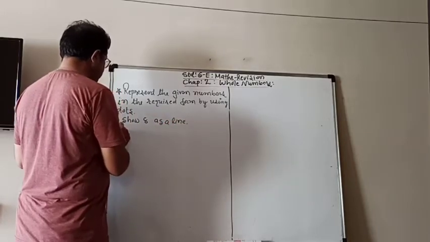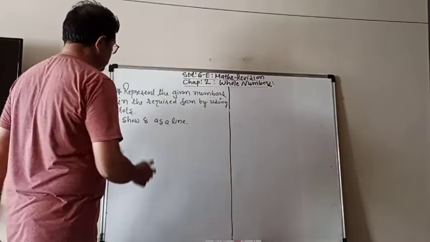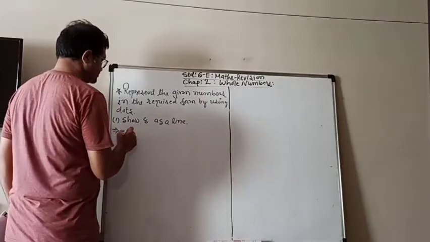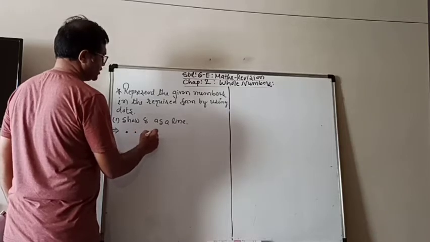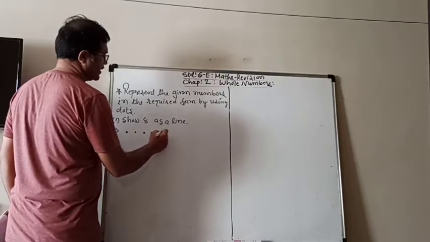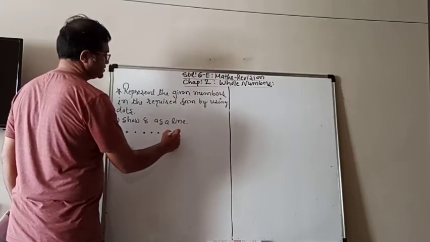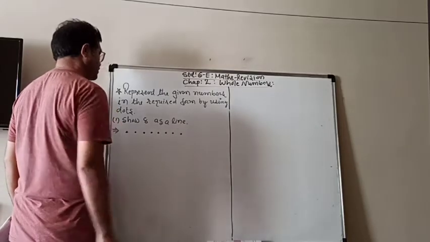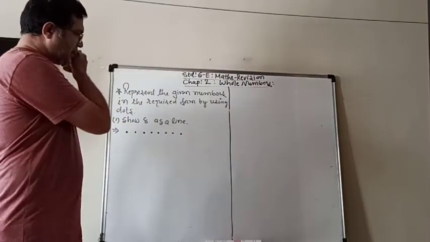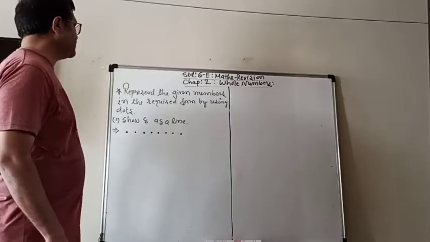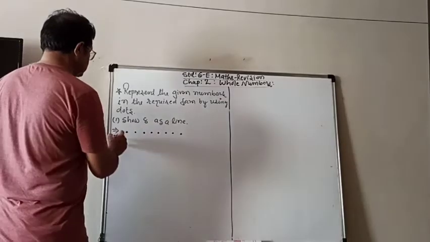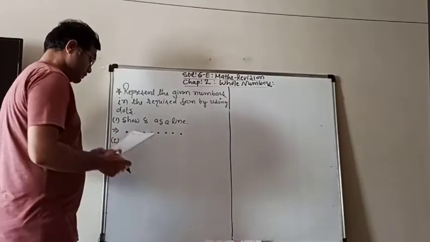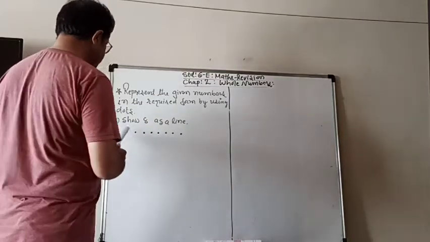So now to show 8 as a line is very simple. At the same distance, we have to put 8 dots: 1, 2, 3, 4, 5, 6, 7 and 8. So to put them as a line is a very simple thing. Then we will take